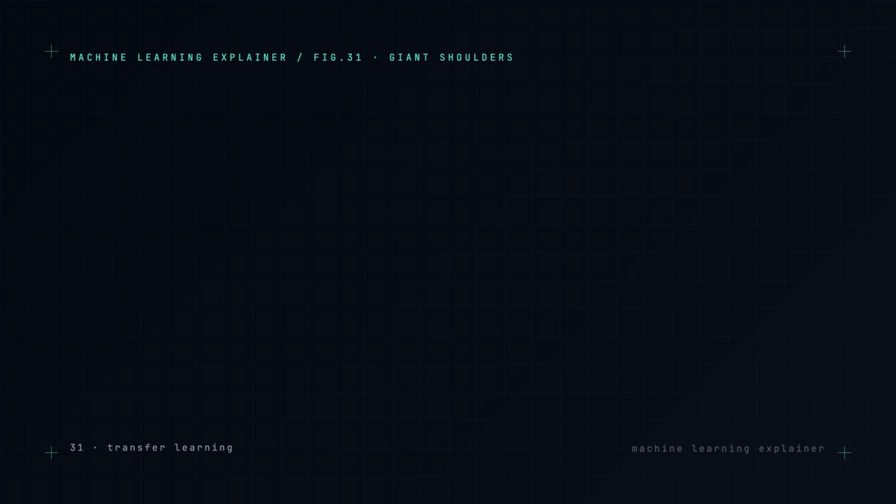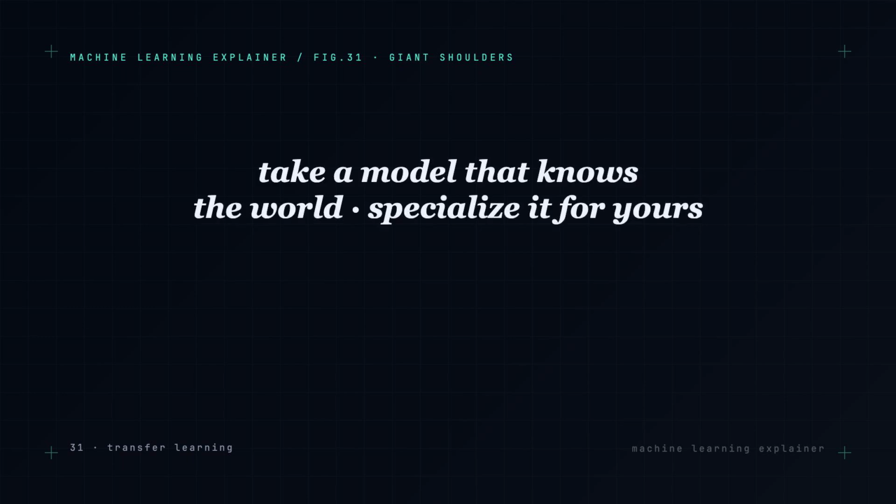So that's transfer learning. Take a model that already understands the world and specialize it for yours by fine-tuning, by tiny adapters, or by prompting alone. It's how applied AI actually gets